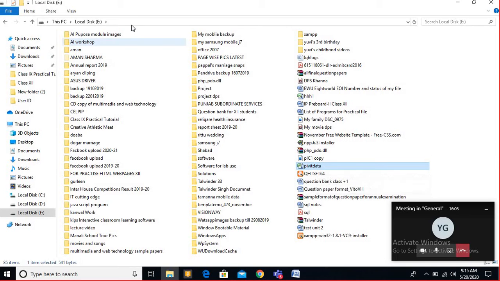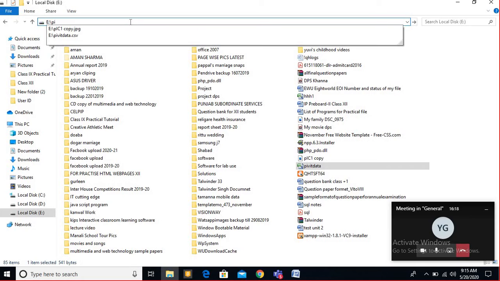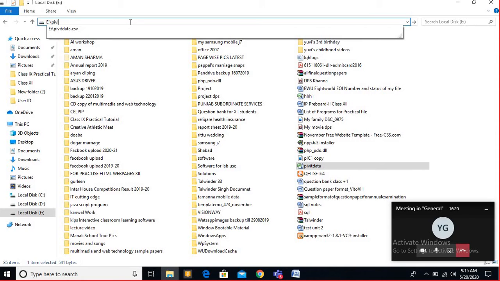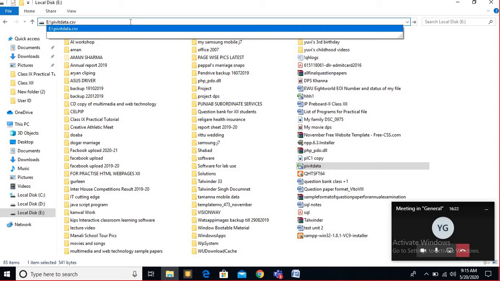So I just select this, click in the address bar, then you have to unselect using the left or right arrow, then type the name of the file, pivot data. If you see there is a downward path, you just press the down arrow, then copy the whole path, because you have to give the appropriate path, then only it will work.